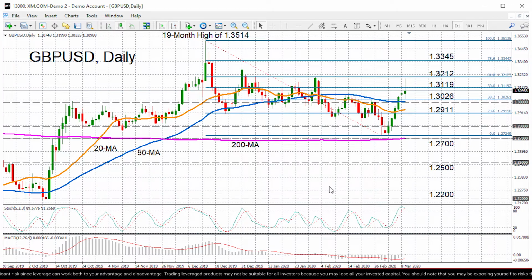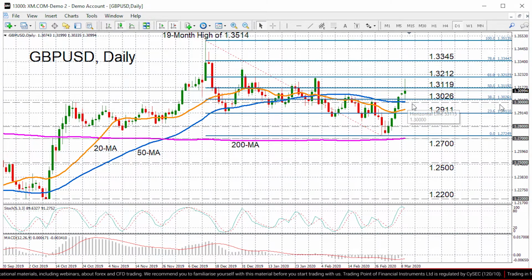Let's now turn to pound dollar, because we do have a bit of a mini uptrend in place at the moment, though looking at the stochastics, that uptrend could be running out of steam. The percentage K line is about to cross below the percentage D line. The MACD has just crossed above the zero level, but it's still very weak, so we could easily see a reversal to the downside, and if that happens, support should initially come at the 1.30 handle where the